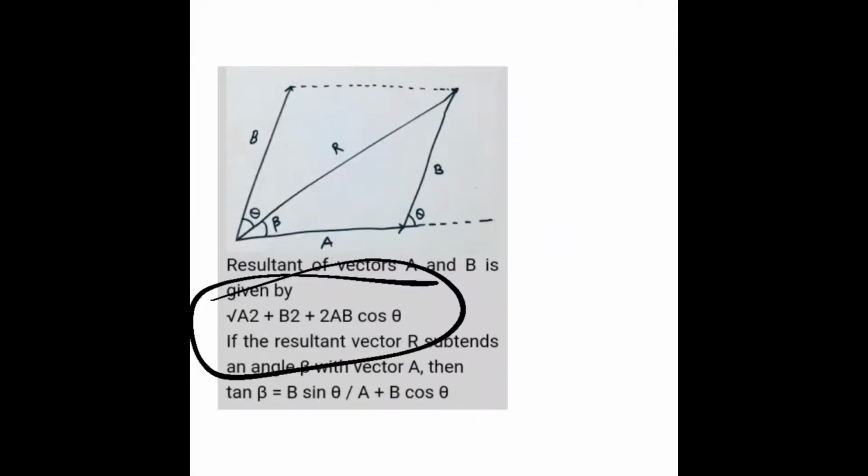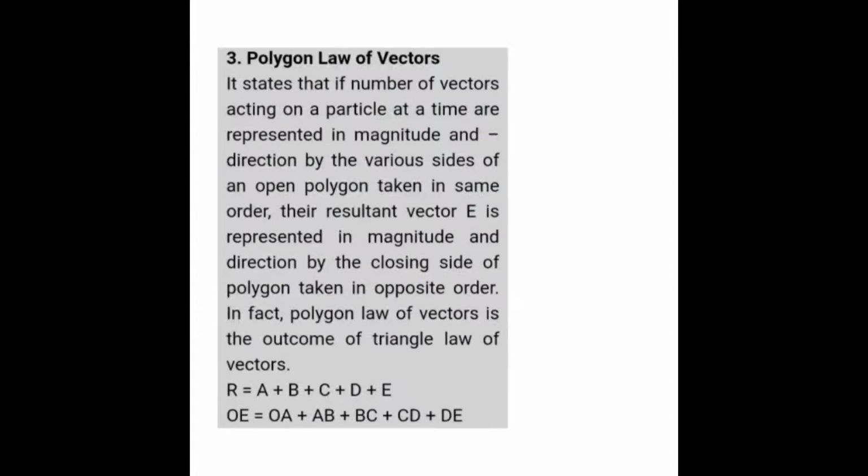Okay, so this will be used in numericals, like we say that two vectors have magnitudes 5 and 4 and they are acting in different directions at an angle of 30 degrees. So what will be the resultant? In that case we will substitute these values here. So we will place cos 30, and in place of A and B we will put the magnitudes, right? Like this is how we calculate the resultant for the parallelogram law of vectors.